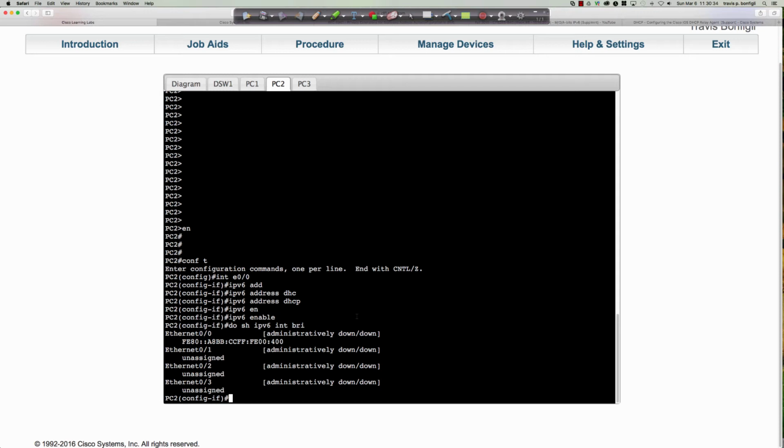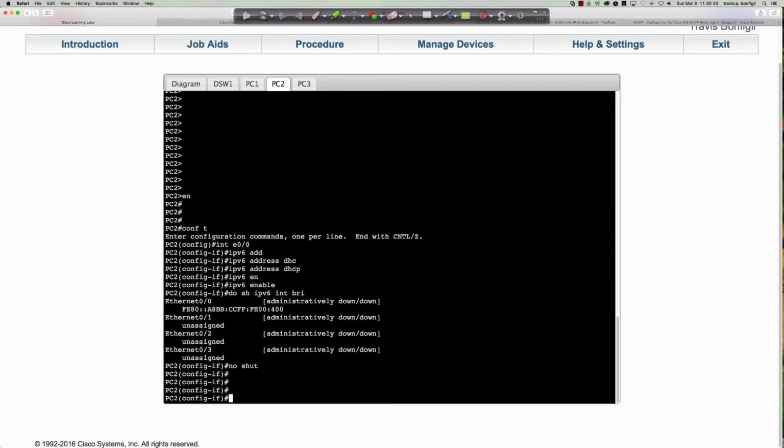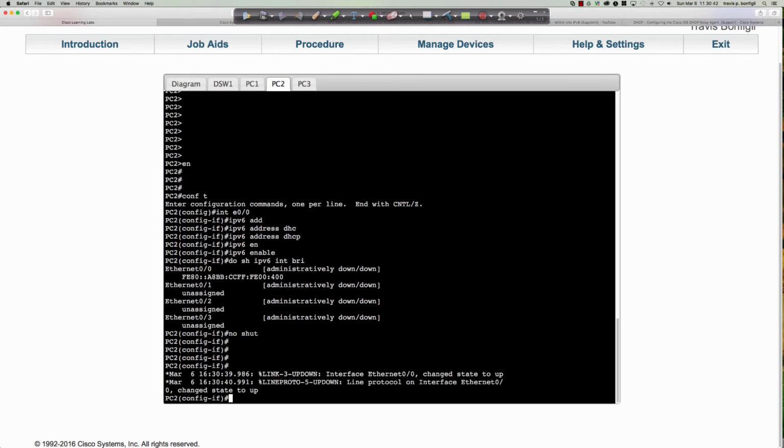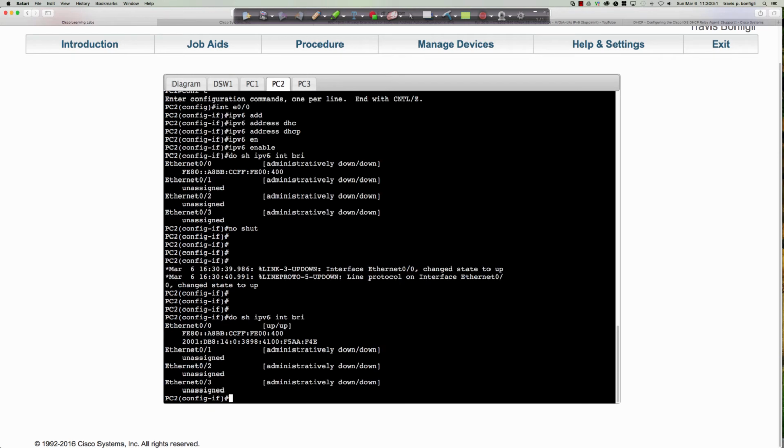And that's what that IPv6 enable did for us. Now we're going to say no shut, because again, we don't have a global IPv6 unicast address, but that is about to change. So if I were to say do show IPv6 interface brief now, you can clearly see that we end up with